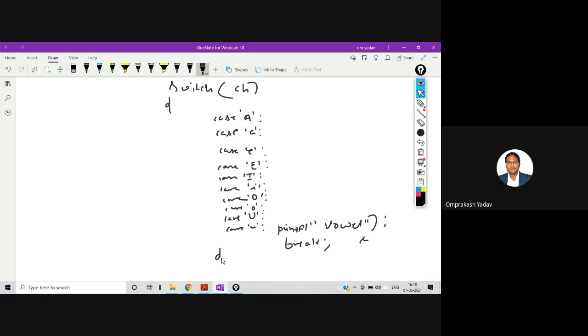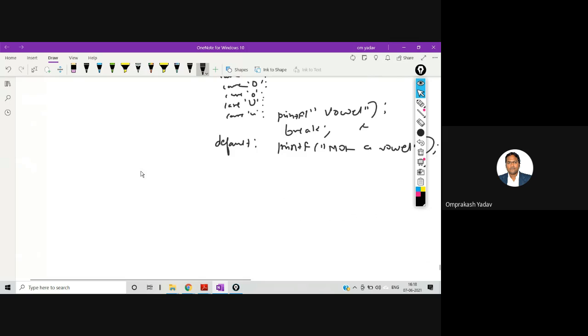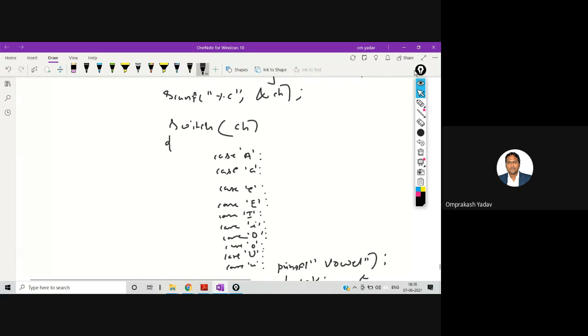But if default is there, I mean, if none of these cases are matching, then we will printf not a vowel. Okay, and here we will close this. So this is a simple program by which we can check whether the entered character is a vowel or not.